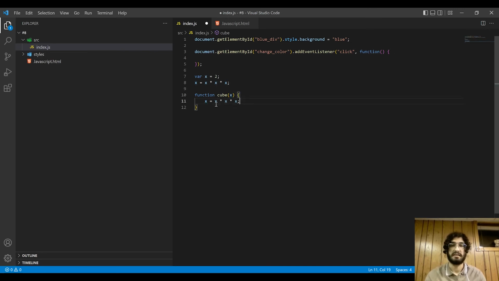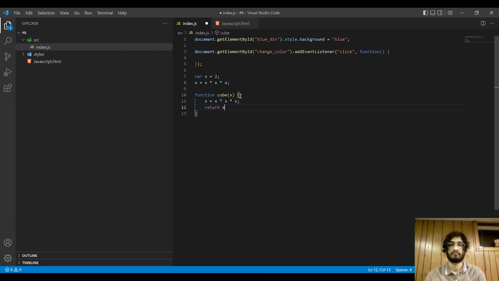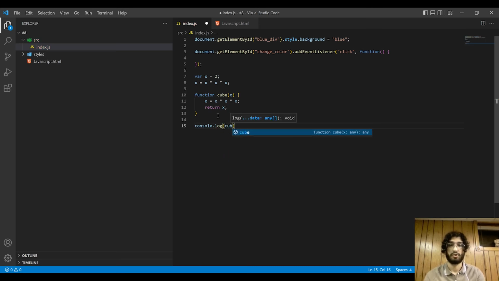What it does is it puts the cube of x back into x, and then it returns x, okay? So right now, if I actually console.log cube of 5,